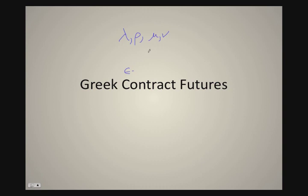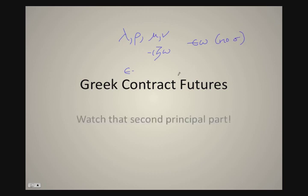And then in Attic Greek, verbs whose present tense ends in -idzo, all of these, or these generally, and a few others, will have a future that ends in -eo with no sigma. The key here, what I'm going to tell you, is always watch that second principal part rather than try and predict. The second principal part won't